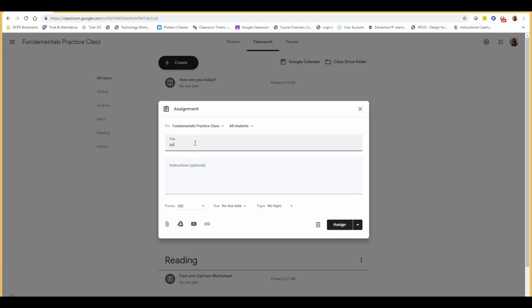And my advice to you, when you're naming these assignments, name them something that you can remember quickly, because when you're talking to your students and you're telling them the assignment name, you want to be as exact as possible so they can find it when they go back in under the reading, history, science, math, whichever tab that you put it under or topic. So we're going to do the Advanced Fundamentals Training